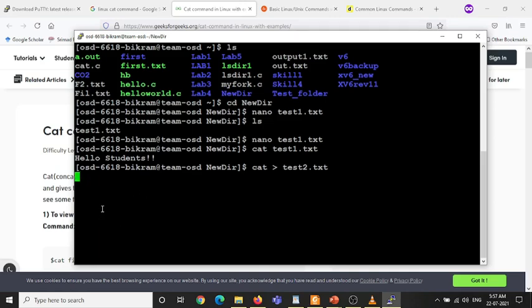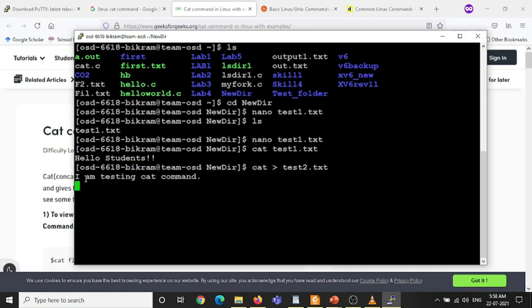It will not open a new window for you. It will ask you to enter some characters here. Suppose here I will add: I am testing cat command. Okay, after that you need to hit enter.